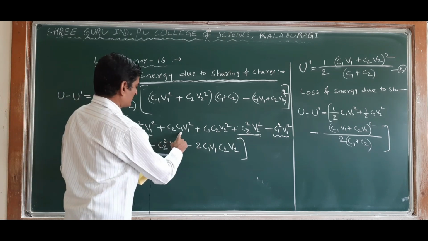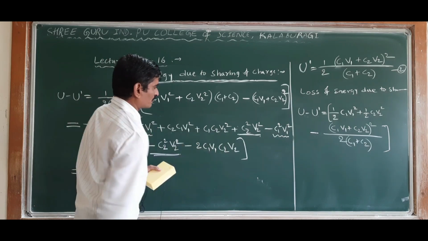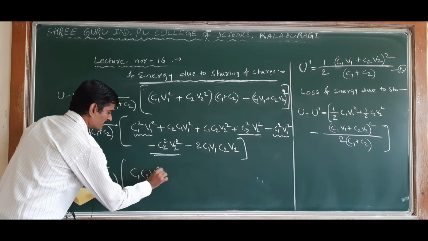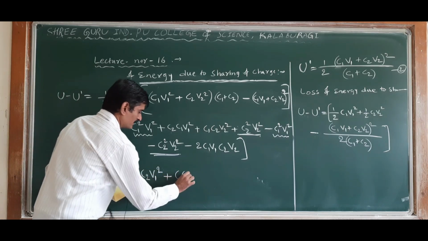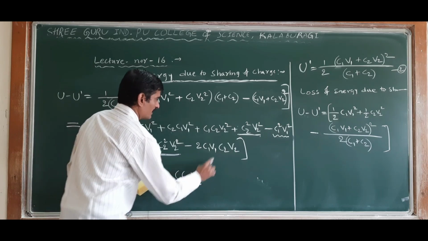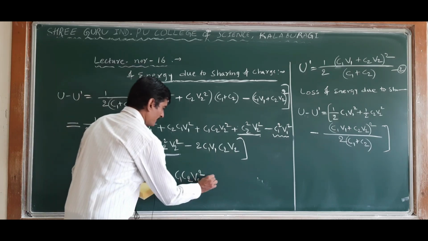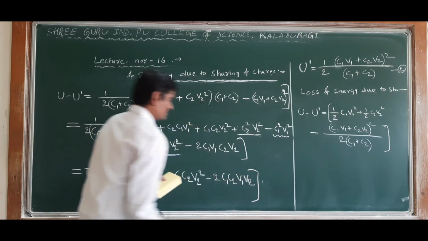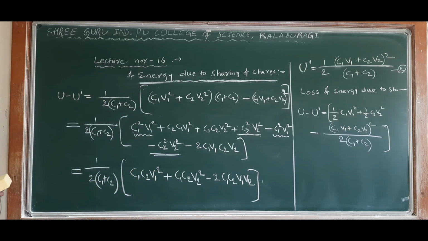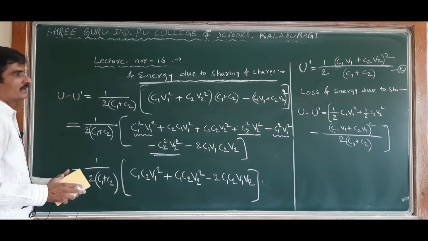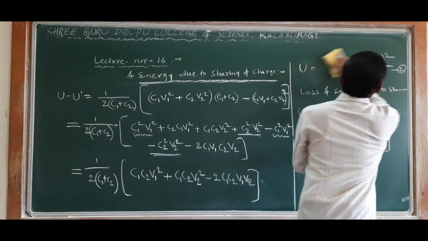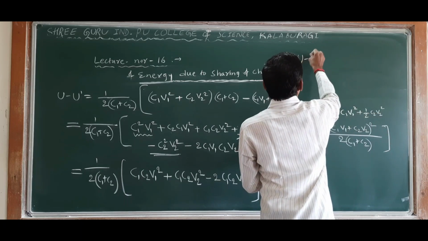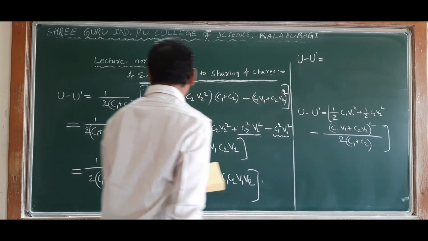So here C1 C2 V1 square, C1 C2 V2 square, whatever is remaining: C1 C2 V1 square plus C1 C2 V2 square, then minus 2 C1 C2 V1 V2. Now C1 C2 is taken common once again. Therefore U minus U dash, that is the loss of energy, is equal to